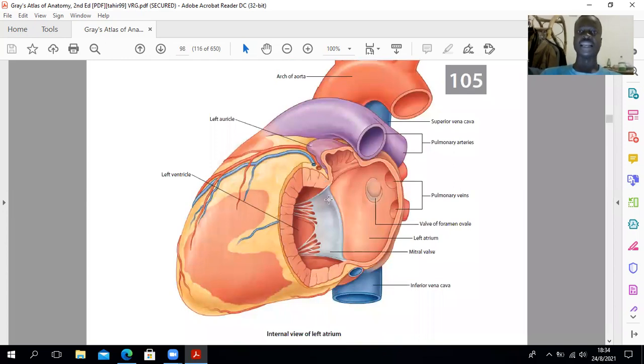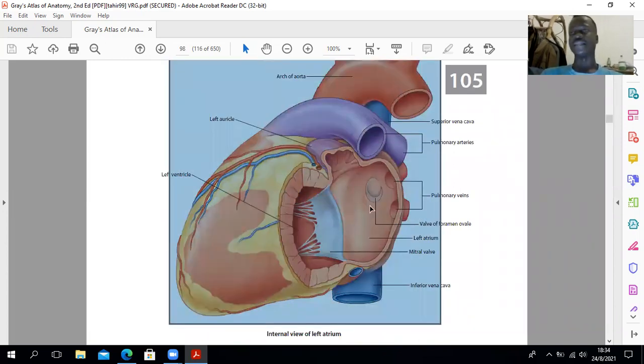Then this is the left atrium. More or less it's the same as the right atrium. It's going to have a roughened part and a smooth part. And remember we said the smooth part of the left atrium was actually being formed from incorporation of the pulmonary veins, whilst the roughened part was actually formed from the primitive atrium, which was a part of the heart tube, right? Then it's going to receive the 4 openings of the pulmonary veins, which are now bringing oxygenated blood from